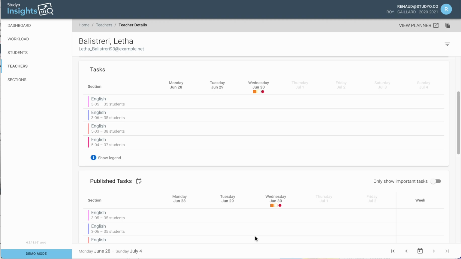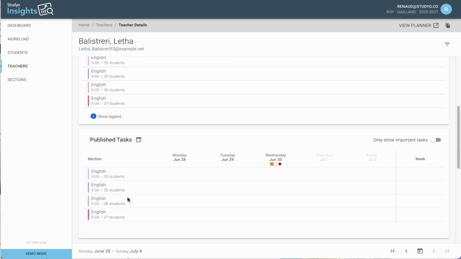You have to go to insights.studio.app. So that's studio with a y.app. So insights.studio.app. And once you log in as a teacher, you will see something very similar to what's on the screen right now. So you'll see your own profile, and then a series of different widgets that will give